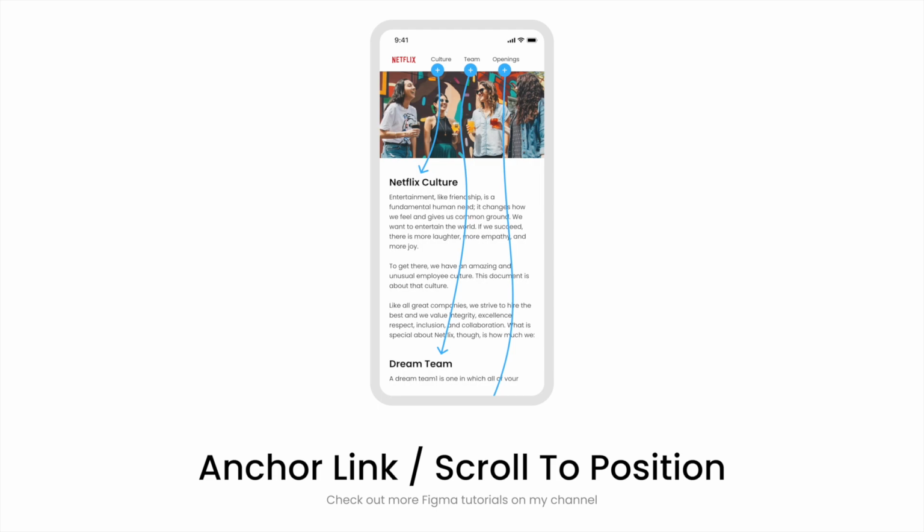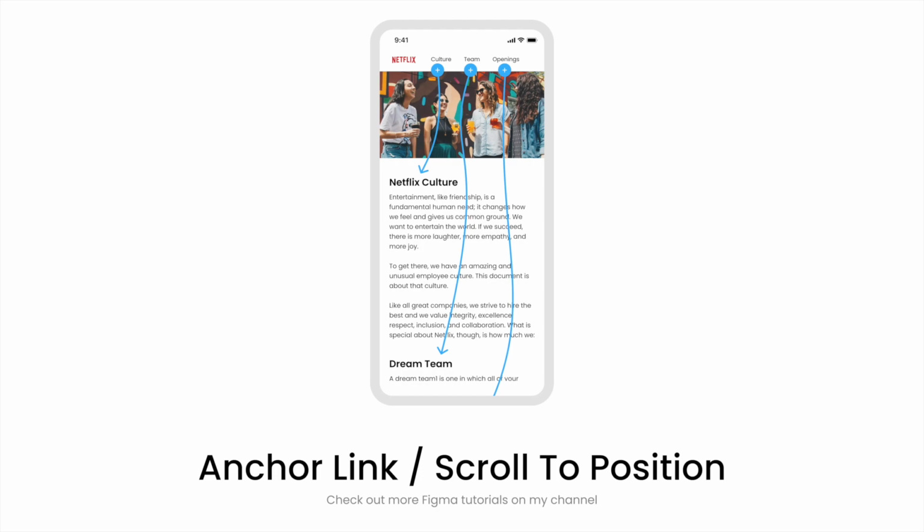And anchor links are quite popular in UI design. The main purpose is to give more visibility to sections on a page. In case the page is too long, too big, and you want your users to notice the main key points, you can add them as anchor points, and when they click on those anchor points, the page will scroll down automatically to that section, and then they can quickly scan it. So yeah, quite popular. The technical term is anchor links, and the interaction in Figma is available as scroll to position.